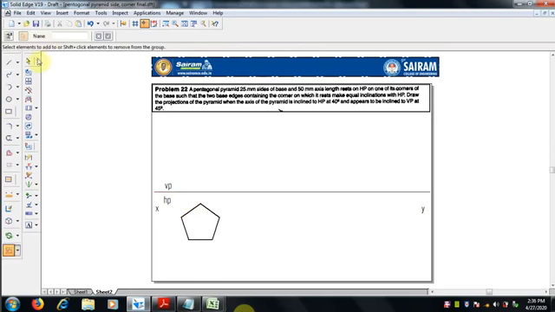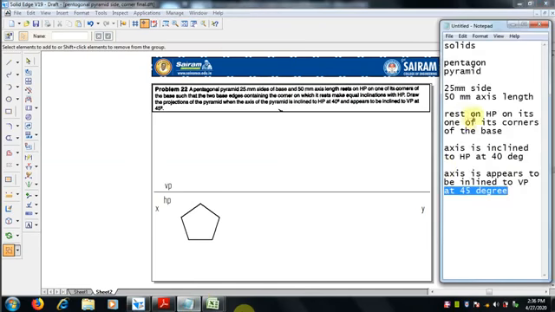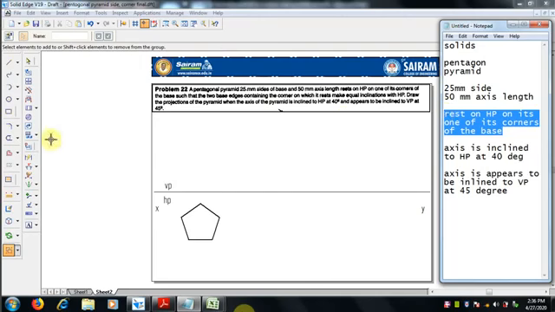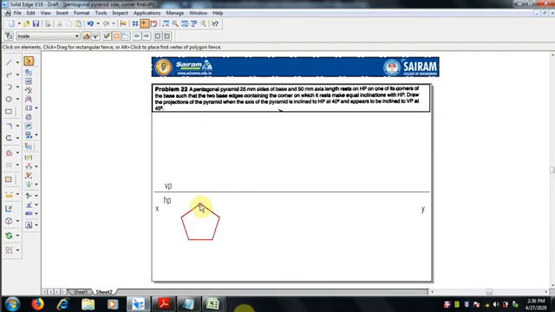So let me make a group of it. Since all the entities are individual, select the pentagon and make it a group. Select the group command, select the entities, and press enter. So this is the pentagon. Now the position given is one of its corners of the base. So we already know how to keep the corner. Select it and we have to rotate it.